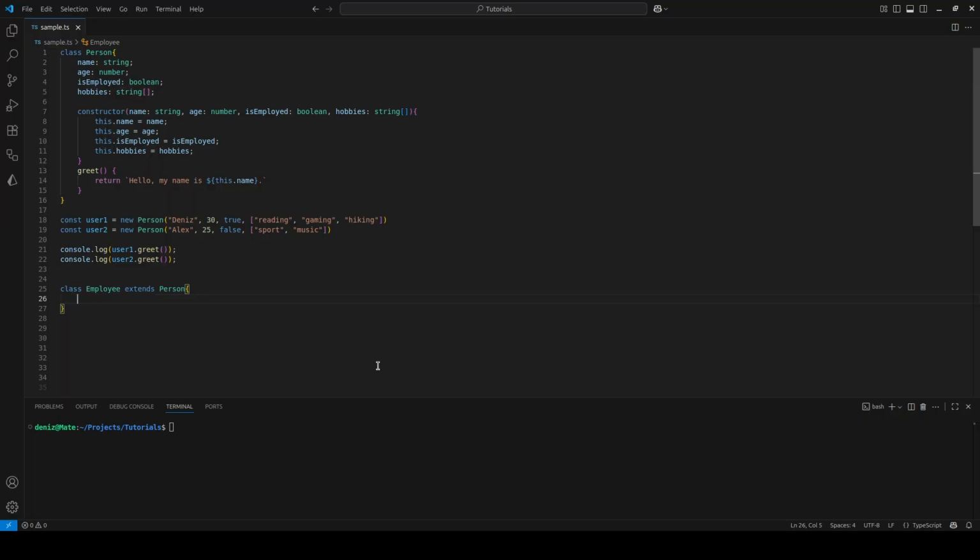Okay, so these properties are okay. We want to add a new property like job title. It will be string type. Then in each class, first we define the properties, then we use constructor to initialize them, then our methods. So the next is constructor